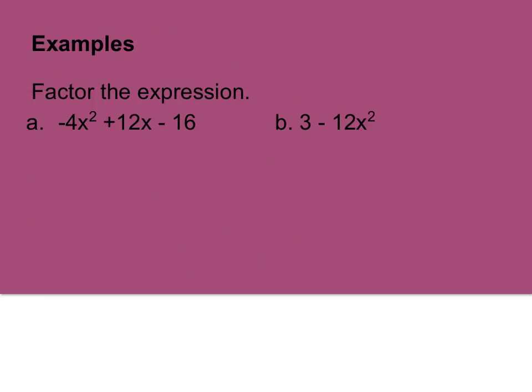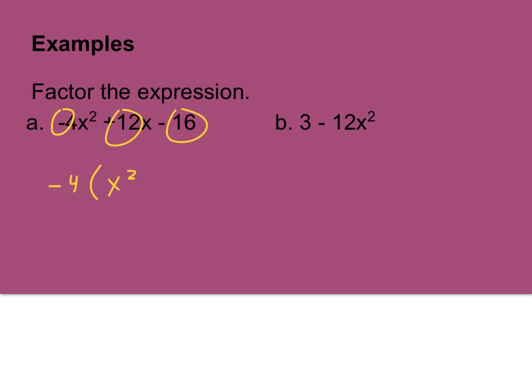When we're looking at this first example, it's saying factor the expression, so what I'm going to try to look for is a common factor. If I look at the three numbers in the problem, the coefficients and the constant, I notice that I can factor out a -4. Then I'm going to have three terms in there. It's the reverse of the distributive property. What I'm going to be left with is an x squared, and I'm going to have